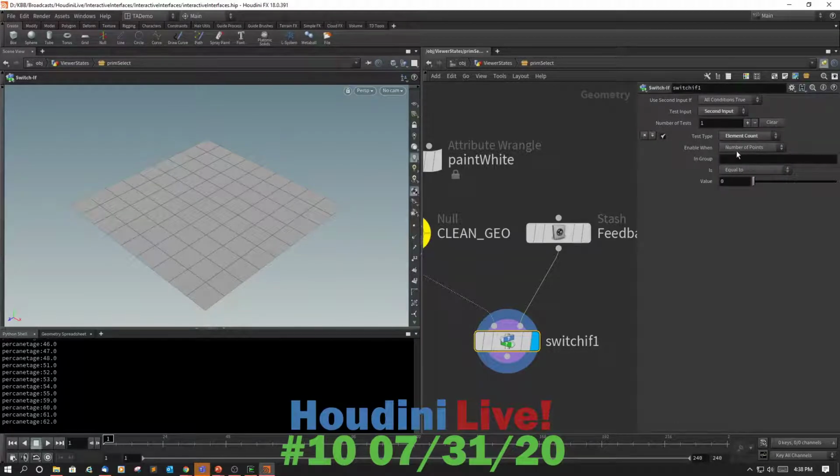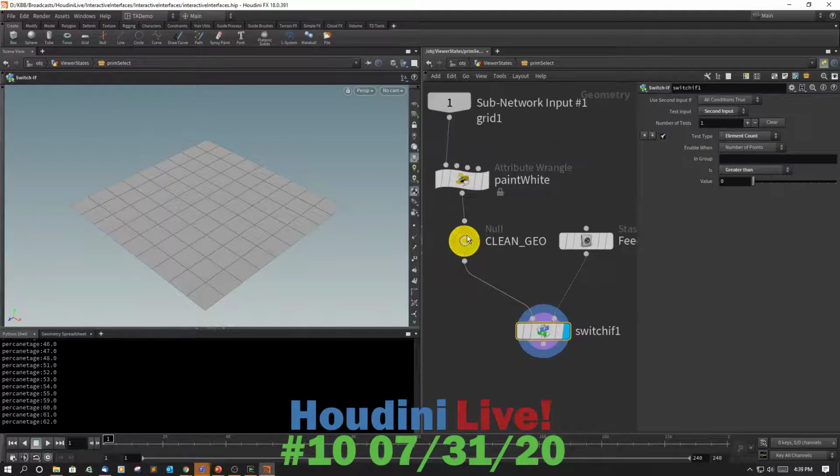There we go. And then we said the number of points, anything will work. In group, we're just going to leave that as equal to. It says enable when the number of points is greater than 0. Okay, cool. You see right now the switch SOP is focused on clean geo because clean geo has